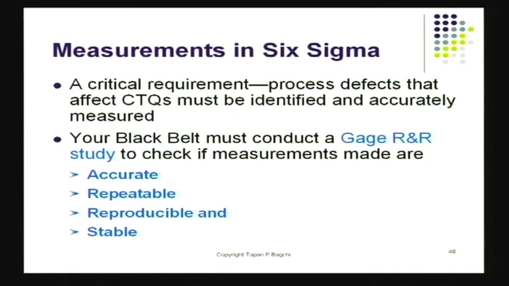Measurements in Six Sigma. Now, what kind of measurements do we want to make? We've got to measure these CTQs. Any instrument you are using, it goes without saying, if your instrument is poor, if the gauge you are using is poor, the data that it produces is also going to be poor. So you may have a perfect identification for the CTQ, but if you're not able to measure